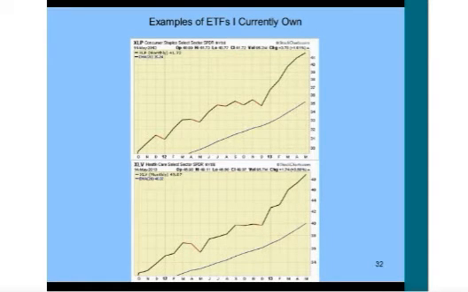And let's take a quick look at some of the ETFs that I currently own in my brokerage account. This first one is the Consumer Staples ETF. We can see clearly it's in a price uptrend. This is the 1-month price, and here's the 20-month EMA. I also own the healthcare sector,